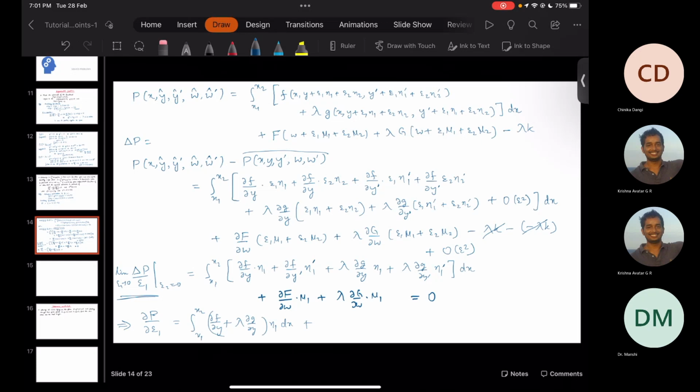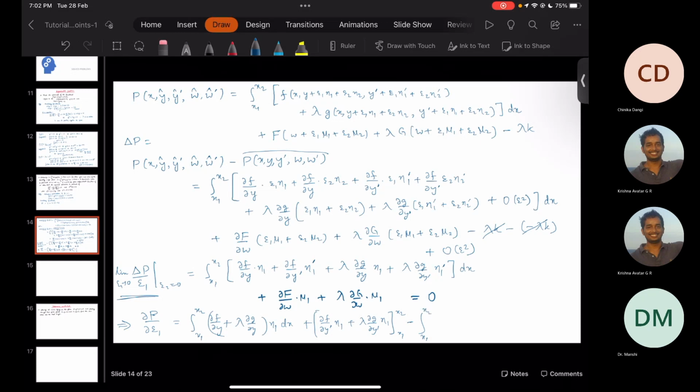And let's apply integration by parts to the terms containing derivatives of the perturbed functions. So the first will be ∂f/∂y' into eta 1, plus lambda ∂g/∂y' eta 1. This is at x1 and x2. These are essentially the boundary points. We have to evaluate this term at the boundary points, and then minus of